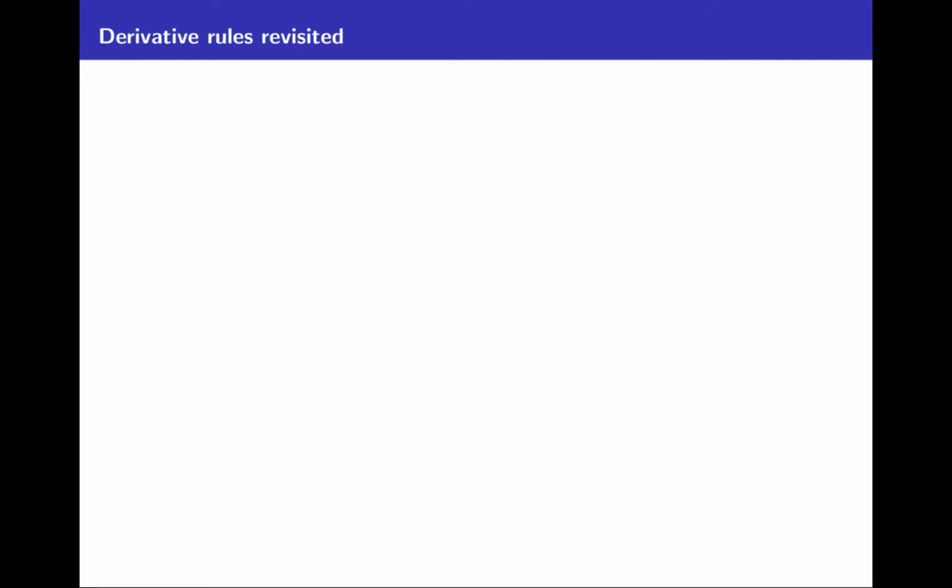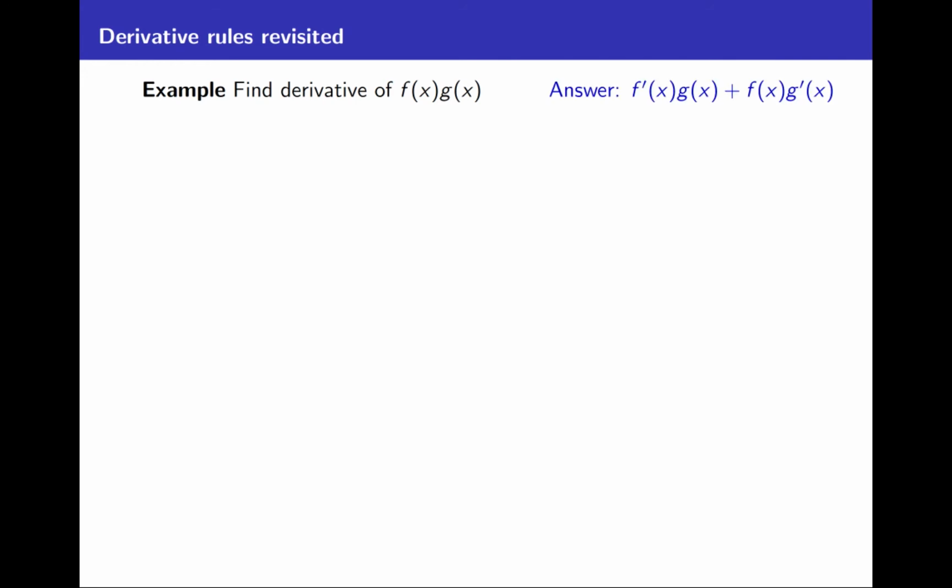Next, we're going to revisit some derivative rules. Imagine that you need to find the derivative of f of x times g of x. Well, that's something that you already know. That's the product rule. The product rule says the derivative is f prime times g plus f times g prime. But I want to show you how you could actually use logarithmic differentiation to come up with this answer. You would write y equals f of x times g of x. So you're looking for the derivative of that. You'd take ln of both sides, or ln of the absolute value of both sides. You'd simplify,